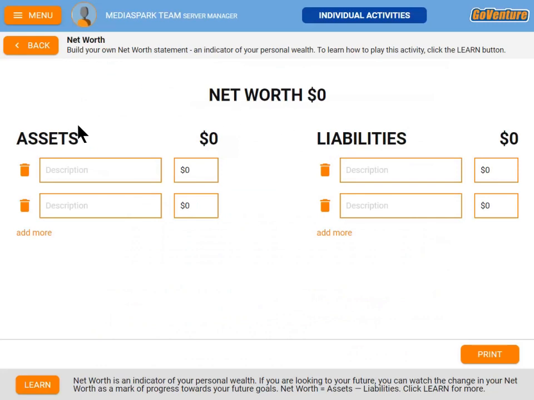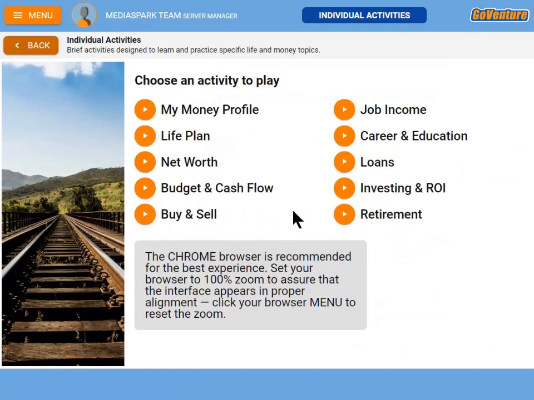For example, if you review Mo's profile, you'll see Mo's assets and liabilities, and you can build a net worth statement using Mo's information. If you're taking this in a self-directed course, you'll be provided with the correct answers, so you can compare what you did with the correct answers for Mo's profile. Then if I click back here, I can access all 10 of the activities that I want to do.